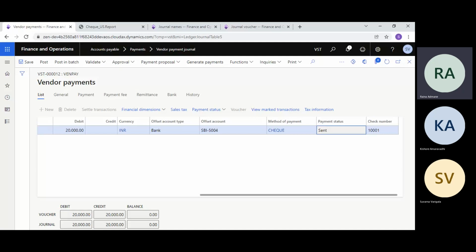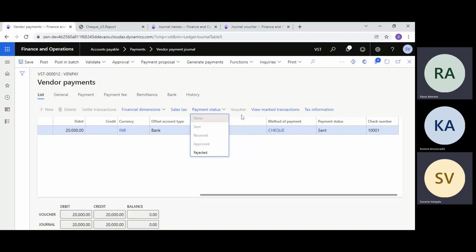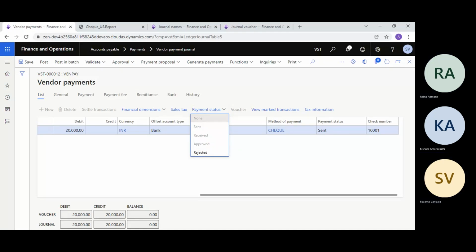So in such a situation you need to reprint. Then you need to change the status from sent to none. For that there is a button called payment status, and then reject it first, because you cannot simply say none.